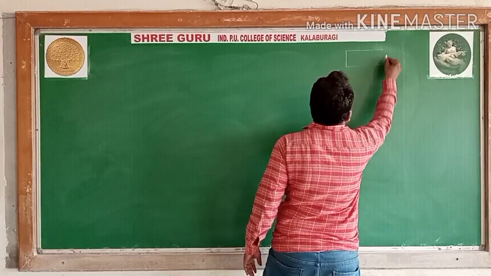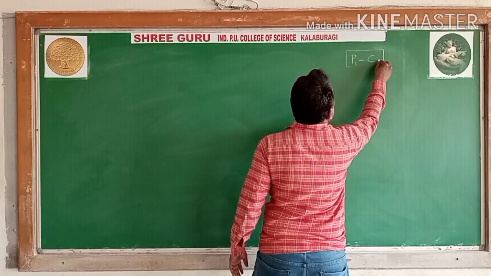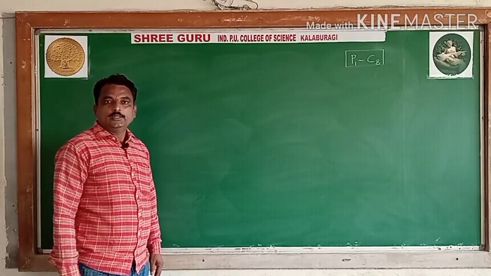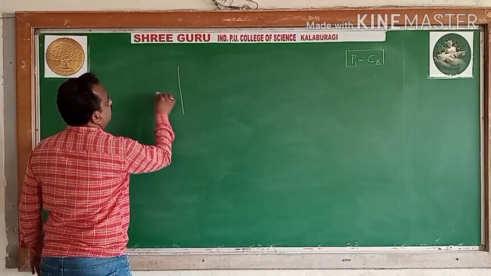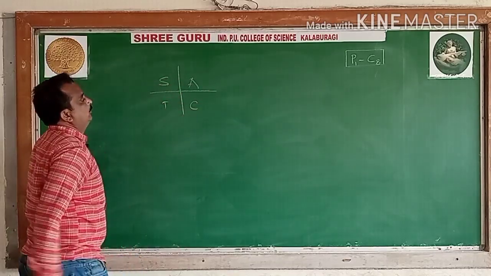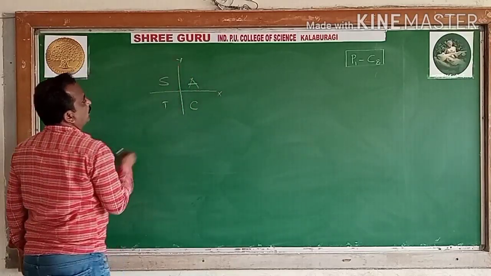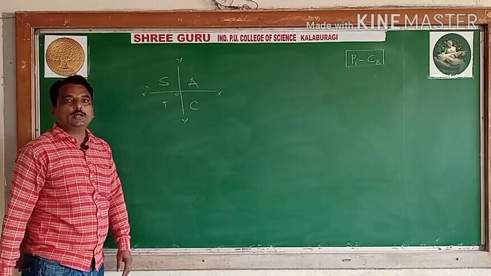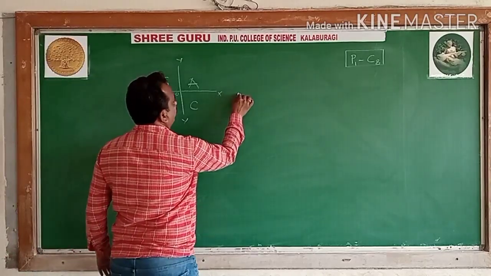Class number 8. In the previous class, the first PUC class 7, we discussed the sign of the trigonometric functions. I told you to remember this one chart, and you will come to know all the functions you should remember at a time. So this is a Cartesian plane. I have taken the 4 different quadrants. In the 4 quadrants, the 6 trigonometric functions are positive or negative. You should remember the 4 points here.